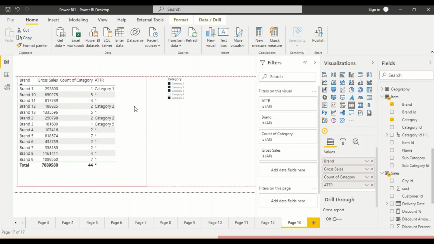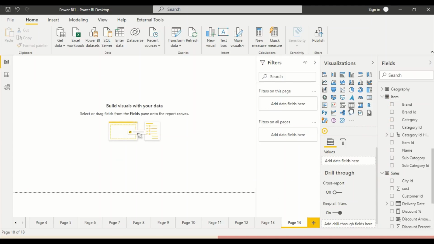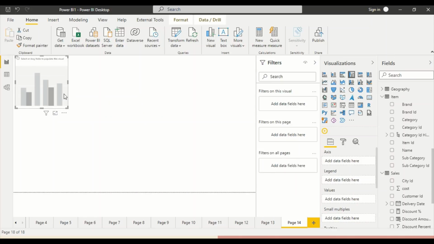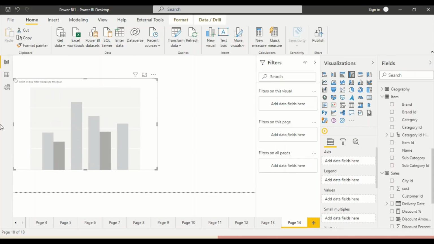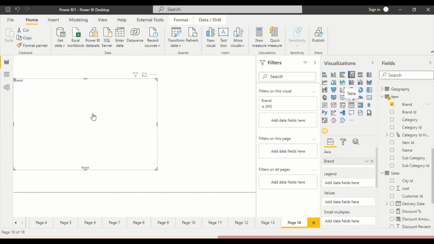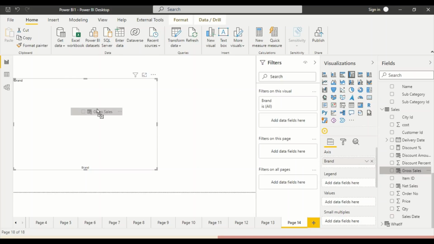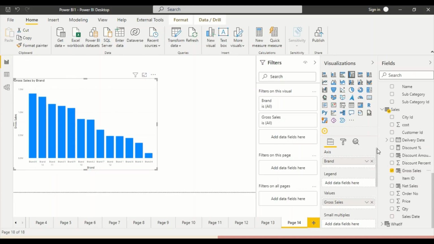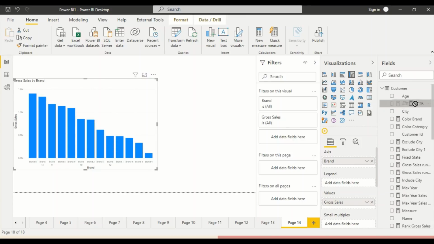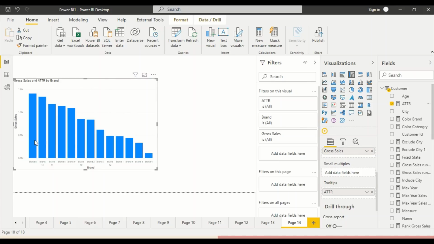Okay, so now because it's a measure, if I even create a brand visual here in Power BI, we don't have these detailed concepts. So what we have to do is we can only use it in the tooltip. So where we need it is in the tooltip basically. So we got brand and we got gross. Now here in Power BI, if I make it as a legend, I don't have that opportunity to make it an attribute. So the only thing we can do is make it available on the tooltip. So if the additional tooltip is available, we can go ahead and put it on the tooltip. So on the tooltip, we will get it.